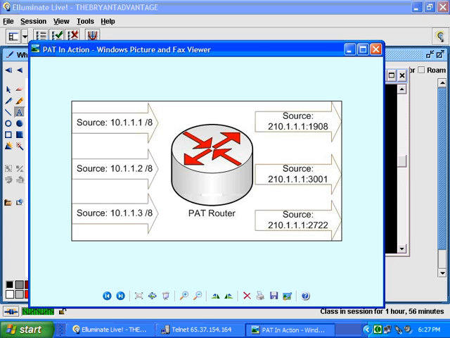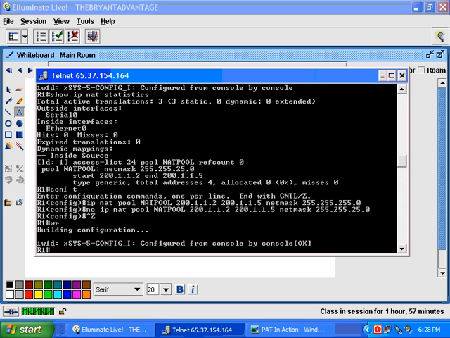So the inside addresses are being translated to routable addresses. They're all being translated to the same routable IP address, but a different port number. So when the packets come back, the PAT router could say, okay, the destination is 210.111, port 1908. I map that to inside local address 10.111. I'll send it to that one. And this works beautifully. And the reason we call it overloading is because that's the keyword that actually helps us